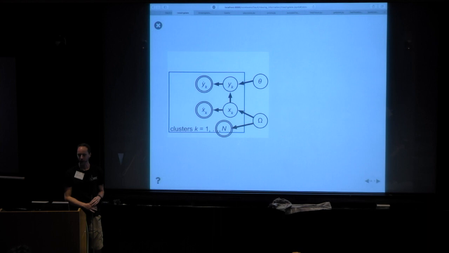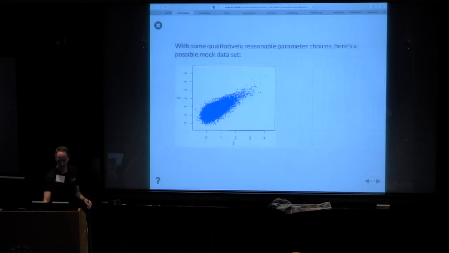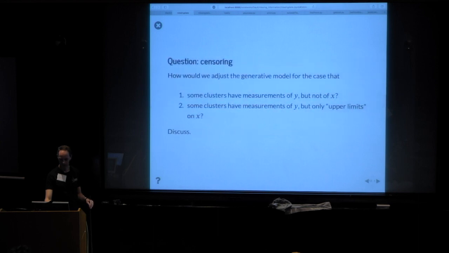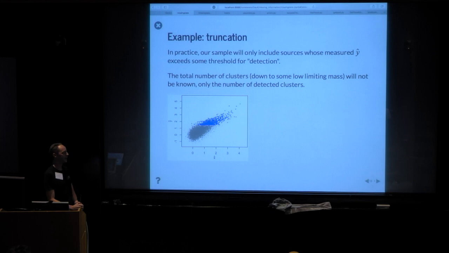So as convincing or not as it was, the claim I was going to make is that this censoring issue that statisticians who are not astronomers talk about quite a lot, if we're working in Bayesian land, is actually pretty straightforward and doesn't require a 60-minute lecture to go over. But feel free to challenge me on that later on. In any case, the example that I want to work through involves truncation rather than censoring, because we're talking about doing survey science.